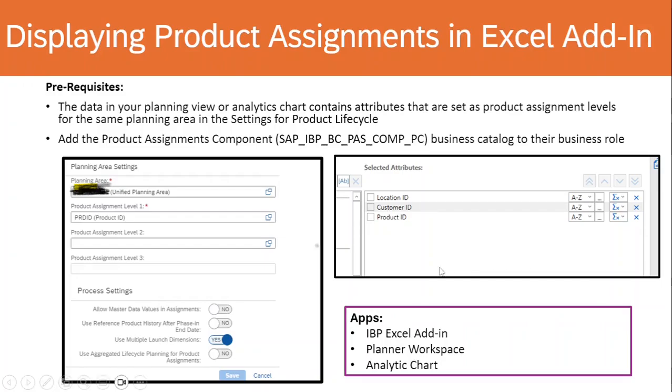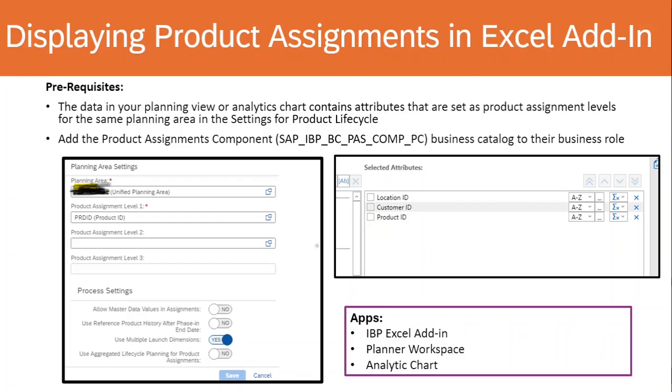As you see in the screenshot, let's say the product ID is considered as product assignment level 1, and that product ID has to be there in the planning view of the Excel add-in, the planners workspace, or the analytics chart. If you have chosen a different attribute as the assignment level, the same attribute has to be there in your planning view or analytics chart